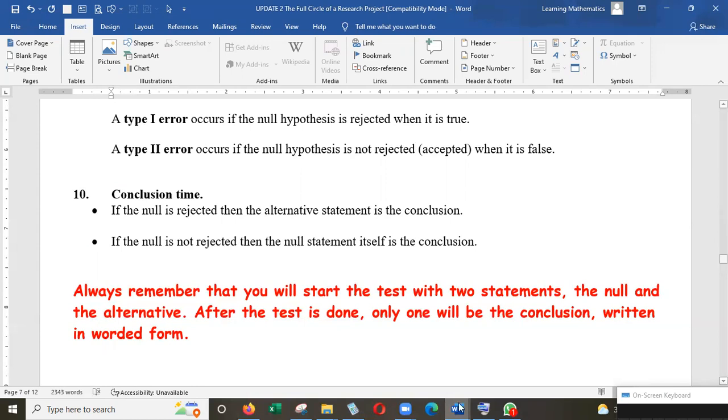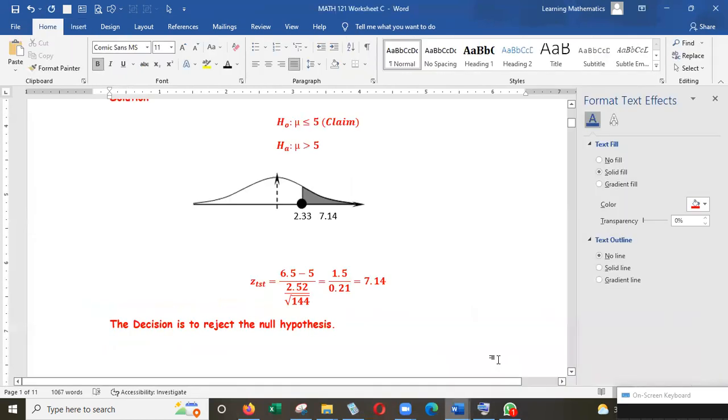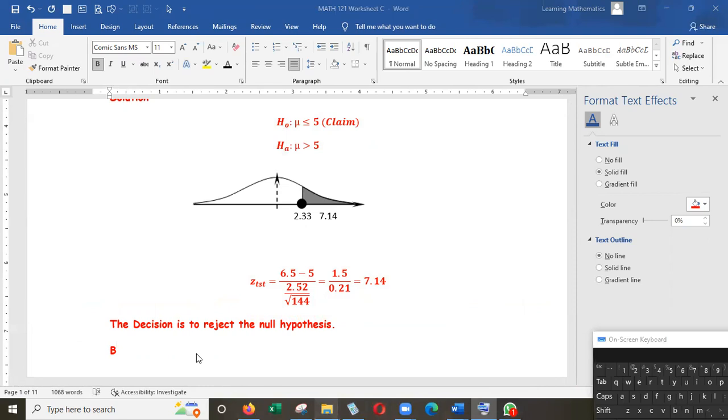And what does the alternative statement say here? The alternative statement is saying that the mean is greater than 5. And this makes sense. The mean is 6.5, so it is significantly greater than 5. So we have to write the alternative, which is the conclusion, in worded form. And always begin by saying based on the data, based on the information that we are provided with. All right, so based on the data,